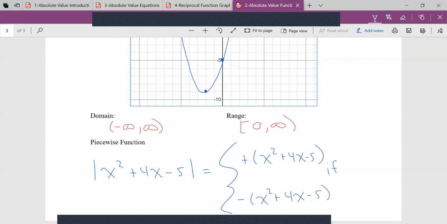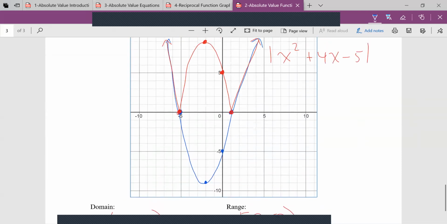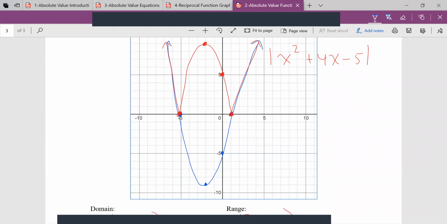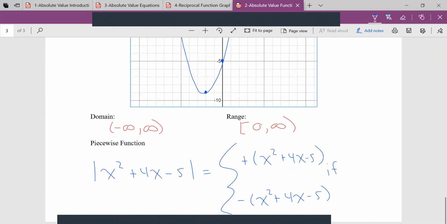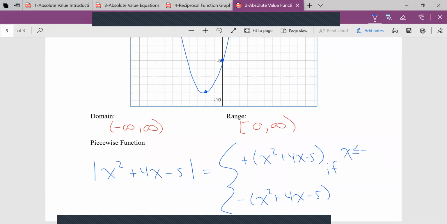Well, where was I positive? I was originally positive when I was less than or equal to -5 or greater than or equal to 1. Or maybe I should say non-negative is the correct term, because I'm including when